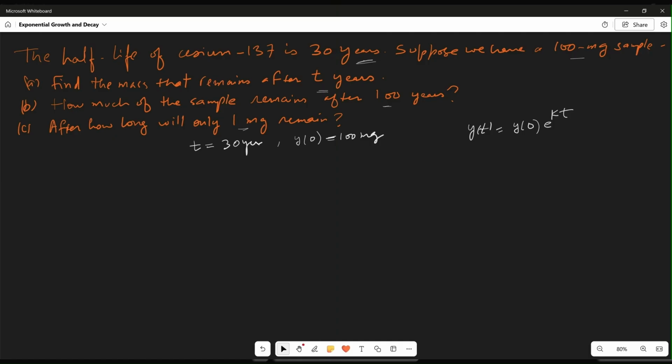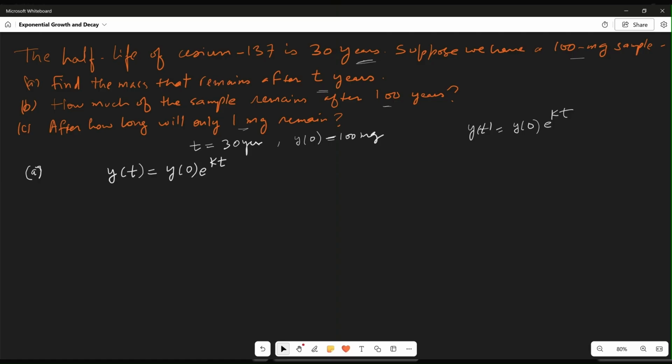Okay, so you can assume that, suppose let m of t be the mass of cesium-137, however you want to go with it, or p or anything, let's just go with the y. So I don't want to make any confusion. This is just to practice and understand the problem more than finding the right variable name. Okay, so we have this equation y of t is equal to,